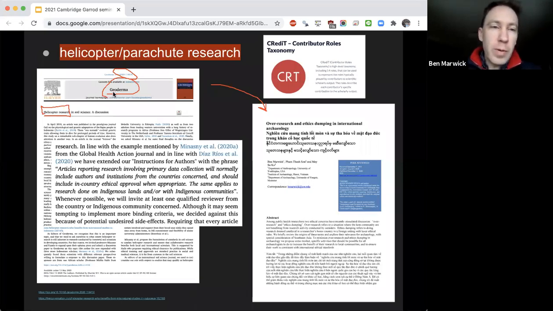And so amongst the articles in this special issue of Geoderma, where they're talking about soil science and this problem of helicopter research, I've also seen it called parachute research. And you can pretty much guess what they're talking about from the picture here. The idea is the researcher, usually a white person from a wealthy nation, drops in out of a helicopter, grabs their samples from their poor host country and zips back to their home country and does their expensive modern scientific research,